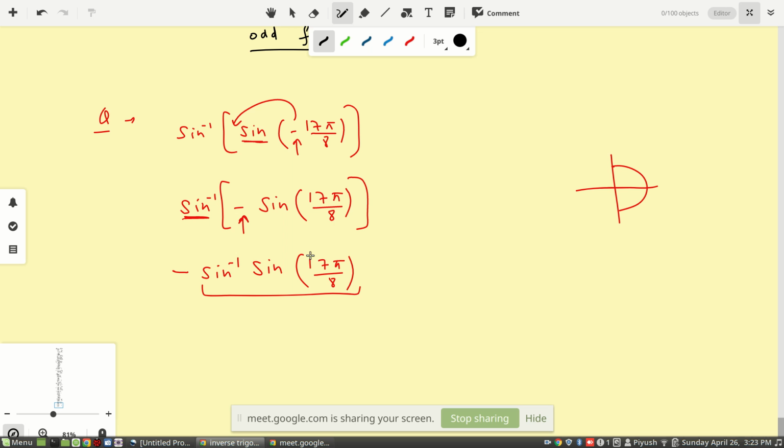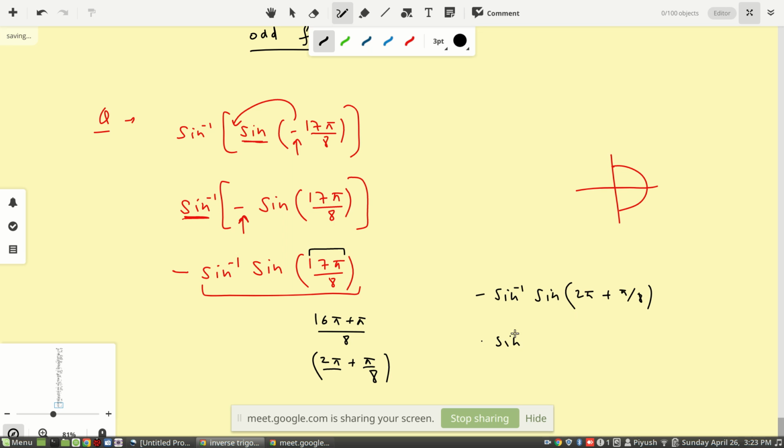So for this one we can say that the nearest multiple of 8 is 16. So this is 16 pi plus pi by 8. So 8 to 16, so 2 pi plus pi by 8. And then 2 pi plus theta means this will be sine theta only because of n pi, and in the first quadrant everything is positive. So you can say that minus of sine inverse sine of 2 pi plus pi by 8,